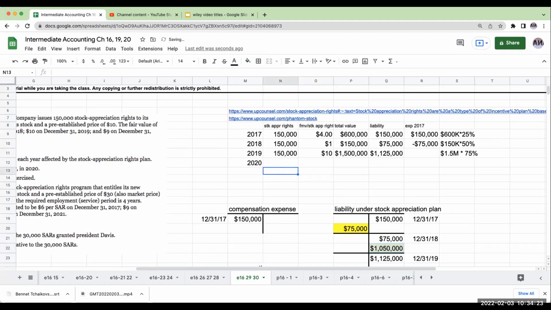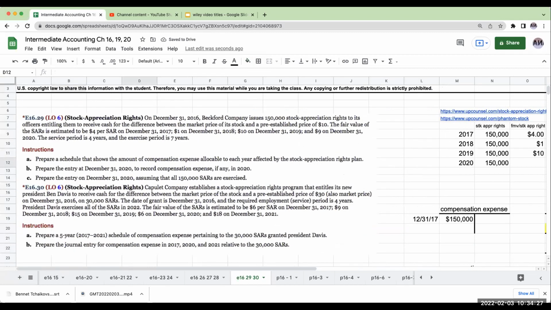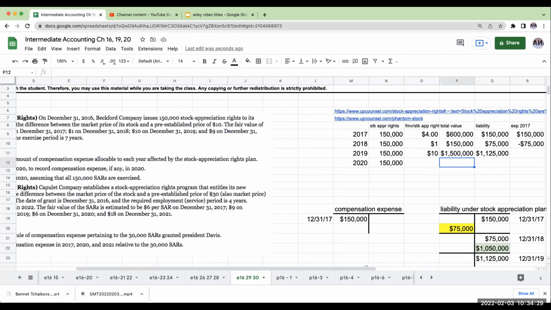Okay, let's now go to the final year. And for the final year, the value of it was $9 on December 31st, 2020. By the way,